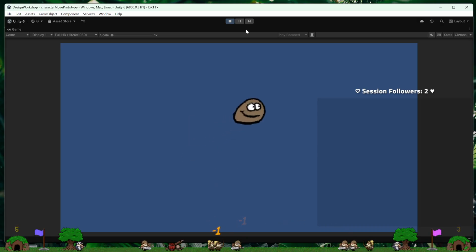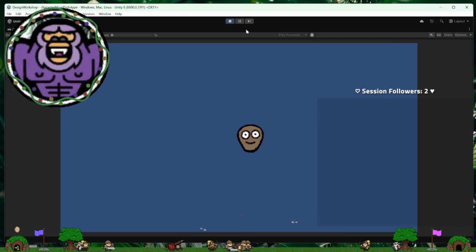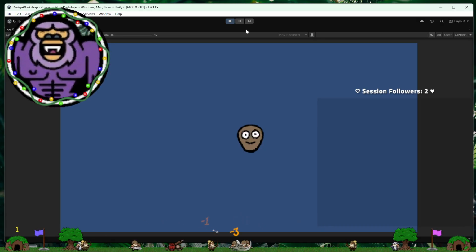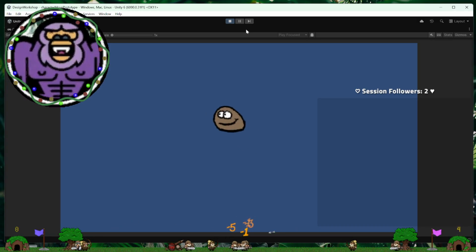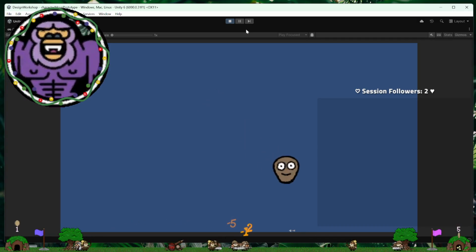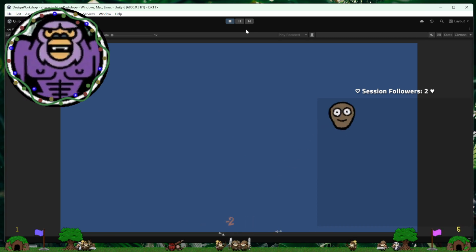For example, our moving in a diagonal direction hasn't quite been figured out in terms of how our little guy should look. When I'm going up and to the left, I'm just showing left. If I'm going down to the right, I'm just showing right.